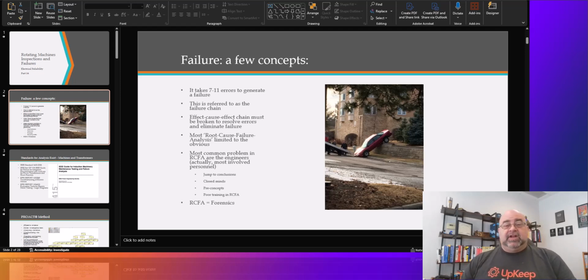But in any case, one of the things we've been talking about since the beginning is failure analysis. And in this case, I want to do a quick talk and walk us a little bit through the concepts associated with root cause failure analysis. And as we discuss RCA or RCFA, root cause failure analysis, we're going to explore the tool and